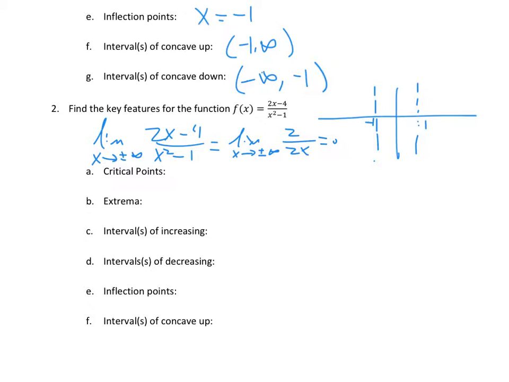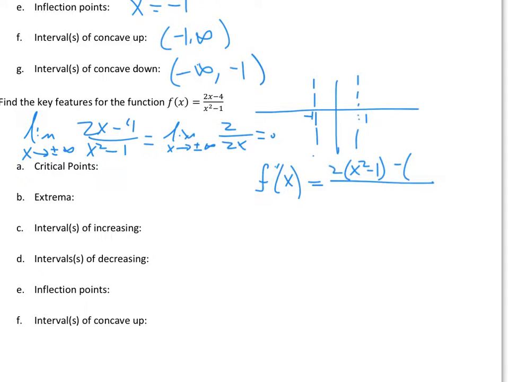Good to know. All right, so some critical points. Let's find some derivatives. Let's find f prime. We're going to take the derivative of the top times the bottom minus the top times the derivative of the bottom. Moving over a bit here, and we have the bottom squared. All right. The top will clean up here. And so we end up with